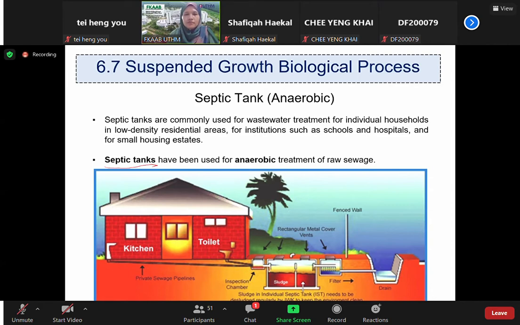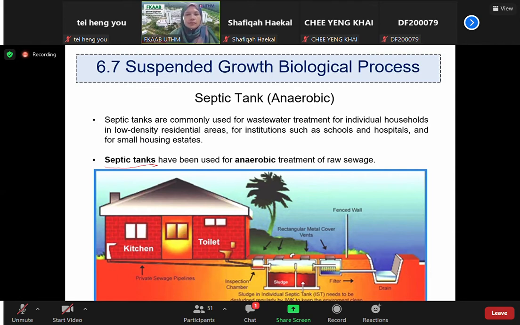So bayangkan if you flush all your wastewater here, your business, kat mana nak lalu kan, takkan nak buang ke sungai. Cannot, because it will disturb the aquatic life, right? There's a loss of the nutrients which gives a harmful effect to the environment and also the water supply. Kalau terlalu banyak